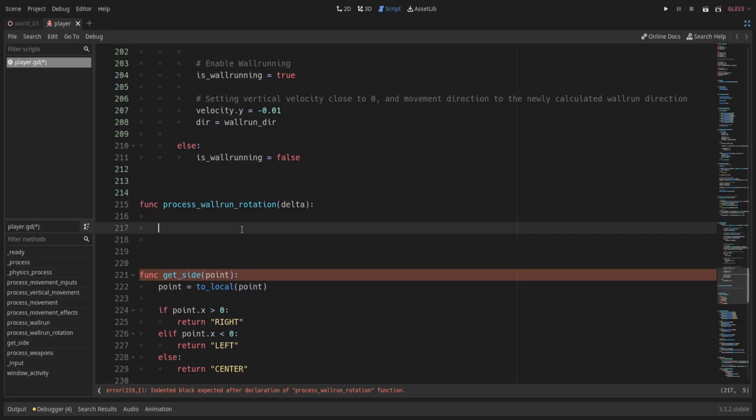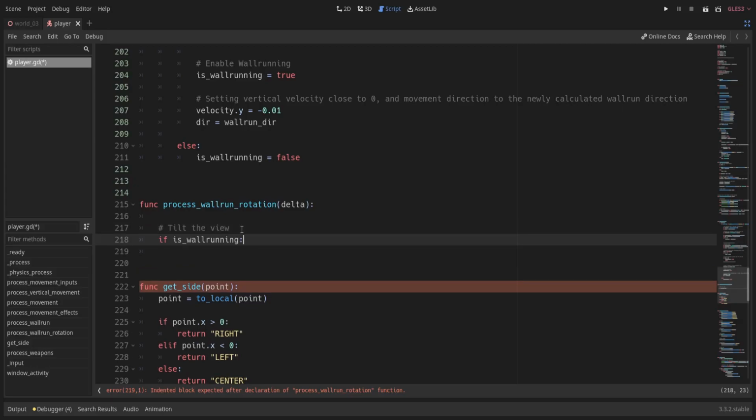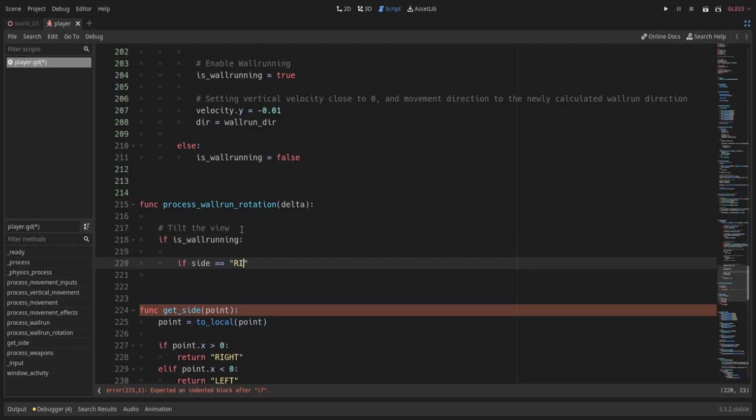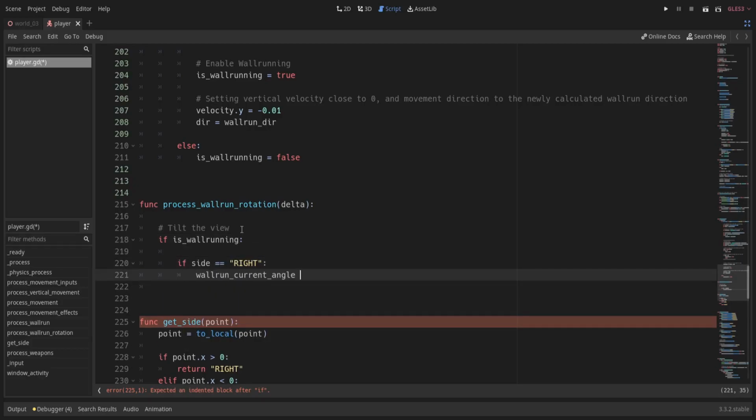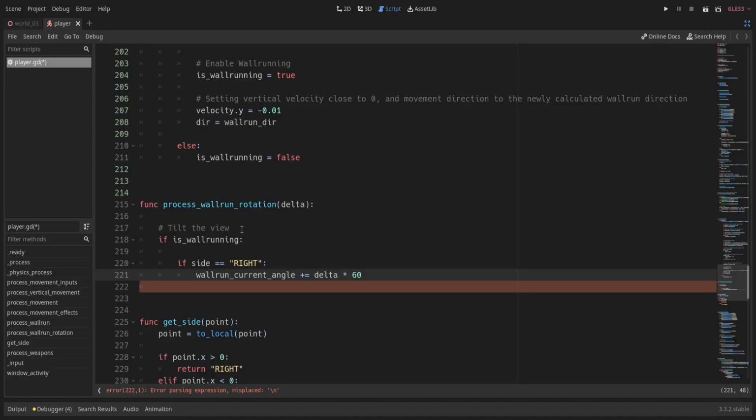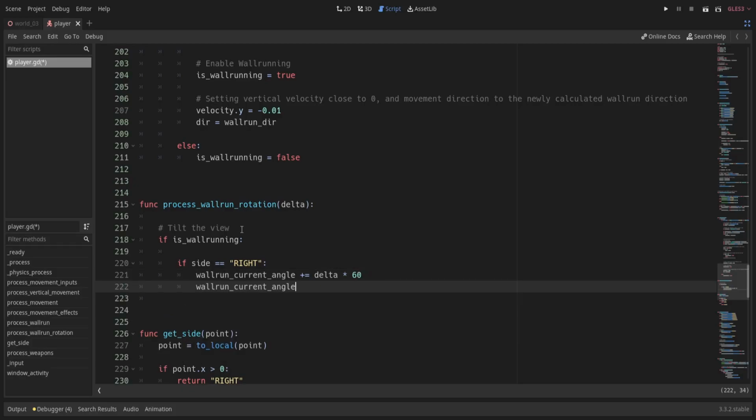Now back to the process wall run rotation function. We first check whether we are wall running or not. If we are, we perform a simple interpolation of wall run current angle towards the wall run angle we defined.